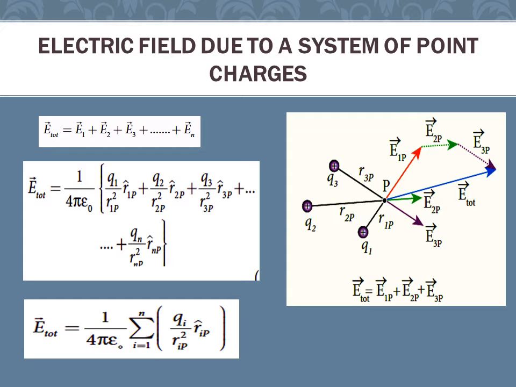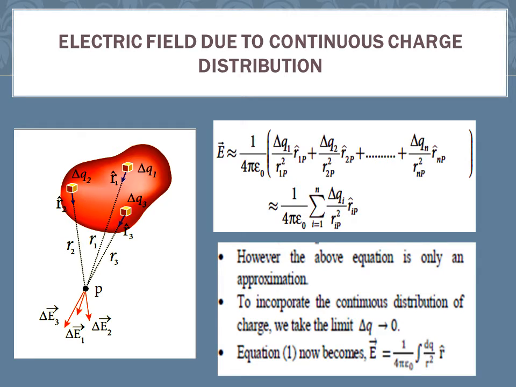Now the other part can be represented as a summation, and you can generalize it in terms of the values of Q and the distance R for N number of charges, that is, I is equal to 1 to N. That is why the symbol is represented as summation: I is equal to 1 to N, Qi by R squared IP times R unit vector IP, where I ranges from 1 to N. So this whole part of the equation is represented in terms of summation. I hope you have understood up till here, children.